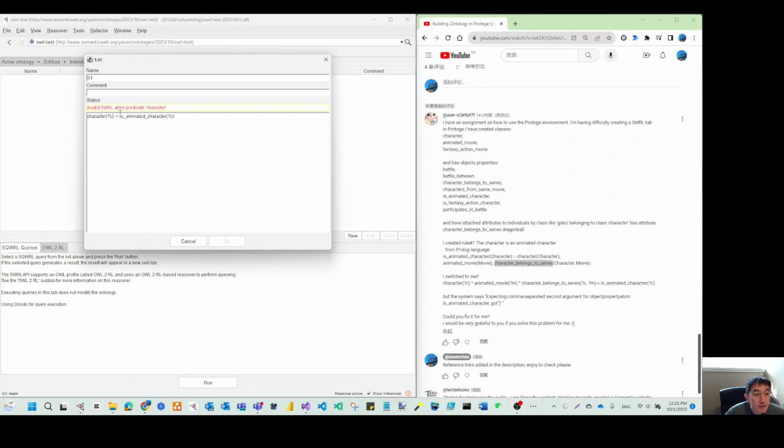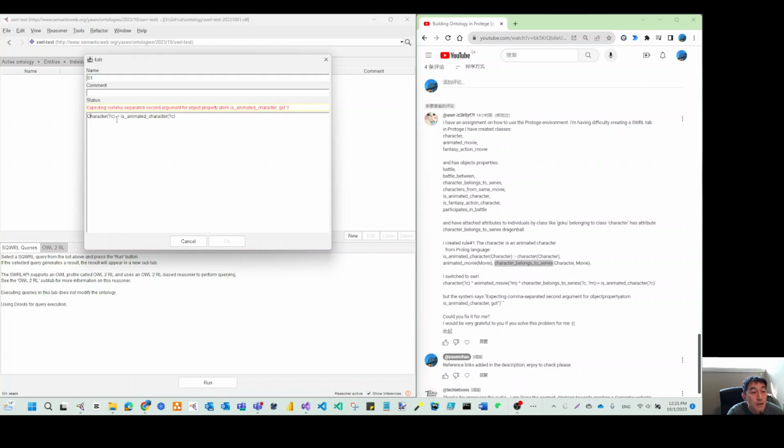You can see here an invalid SWRL character predicate. Oh, I think I have the capital wrong. So now I already got this arrow.